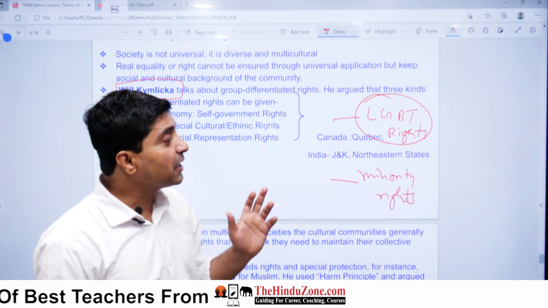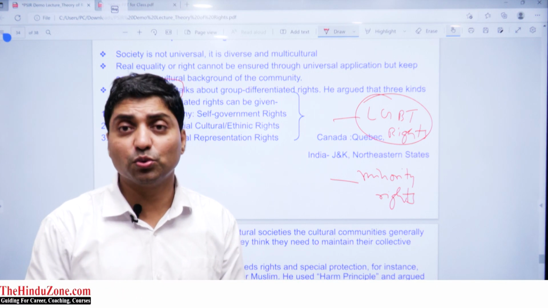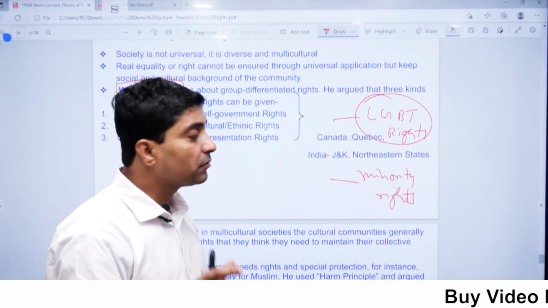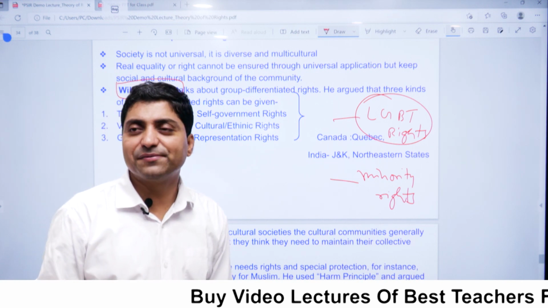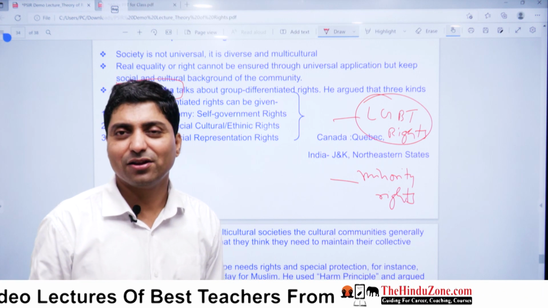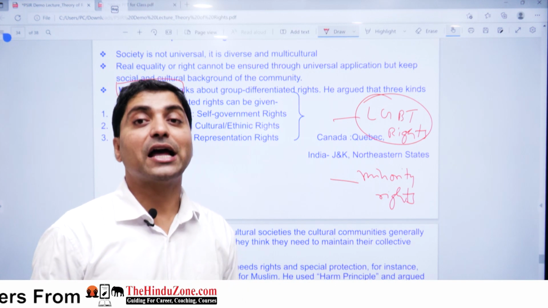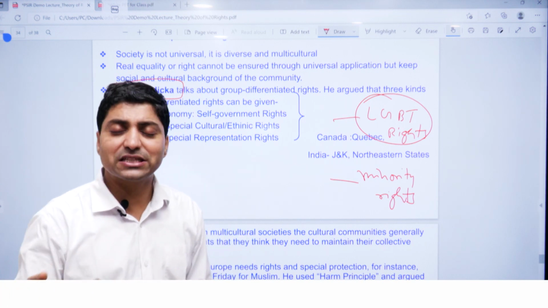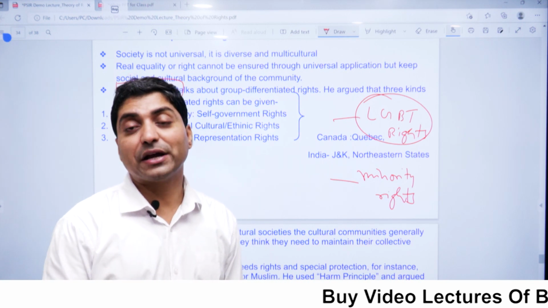If you look at Canada, the army are allowed to wear a turban, right? So group rights. Now there are many people who live their own way of life, for example LGBT, gay or lesbian, right? They want to live their own way of life, and the state must recognize their rights. So he is saying the state should not give a uniform right to everyone. The group right must be recognized.